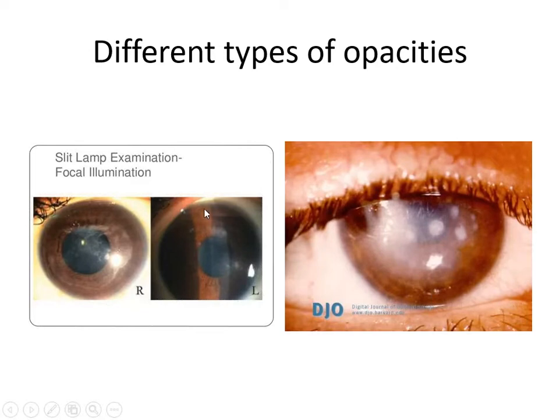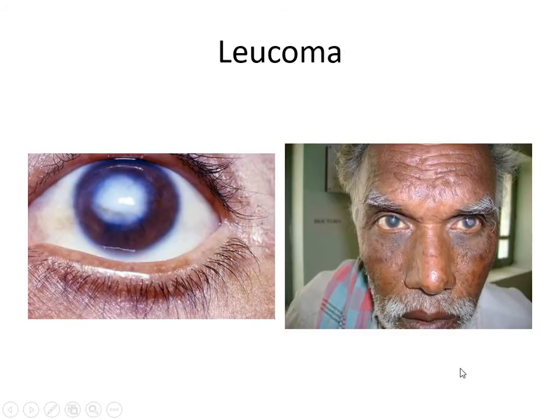So in nebulous opacity, you can see the color of the iris and details of the iris, whereas macular opacity is ground glass in appearance. Cornea will become ground glass in appearance. You can see the color of the iris, but you cannot make out the details of the iris, whereas leukoma is the densest opacity. It is opaque. You cannot see anything behind the leukoma because the leukoma is centrally placed here. You are not able to see the pupil. You are not able to see the lens. Okay.